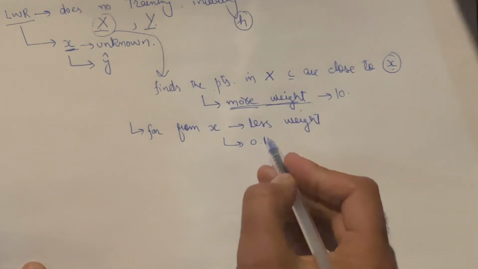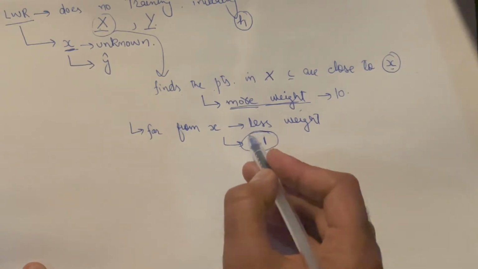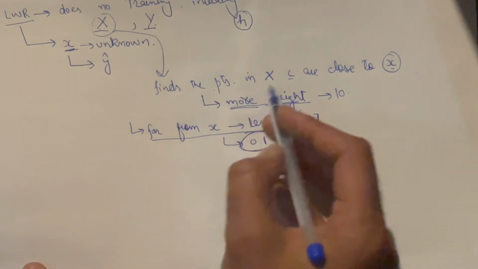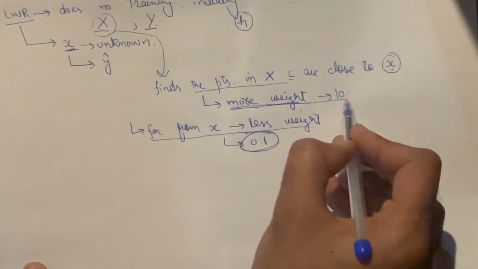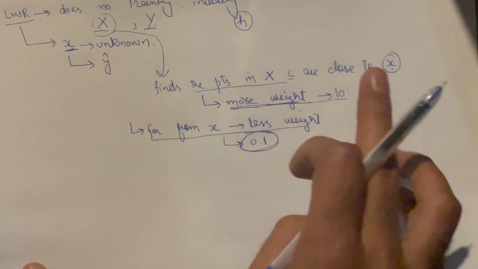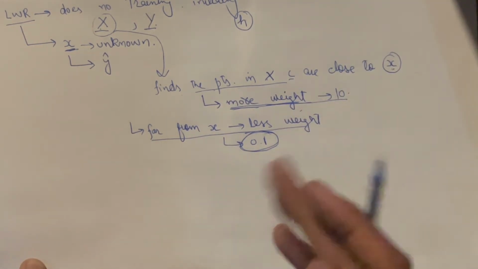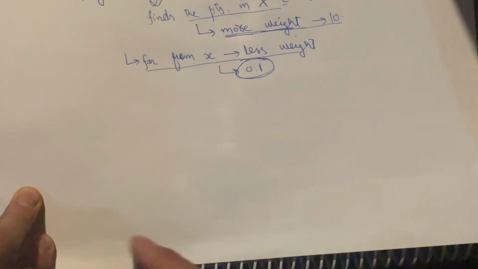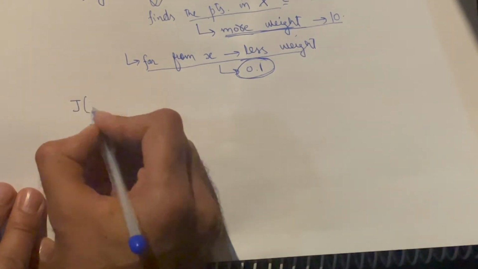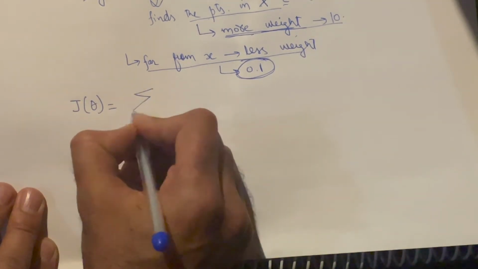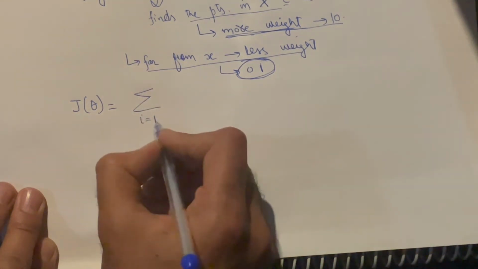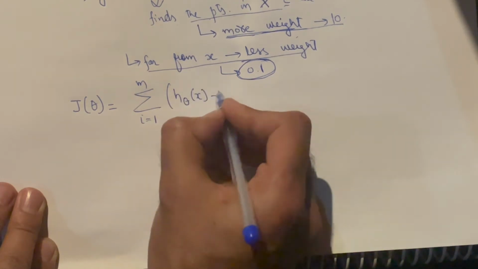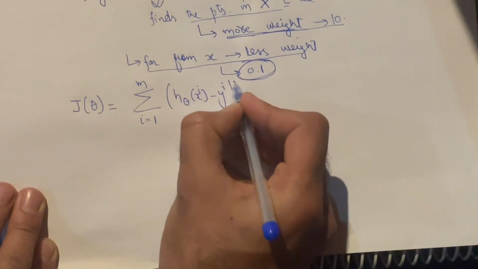Okay, so these points will be less efficient, or we can say these points will have less effect on the final prediction, and the nearest points will have more effect on the final prediction. Then, what we were doing previously was minimizing this, i running from 1 to m,